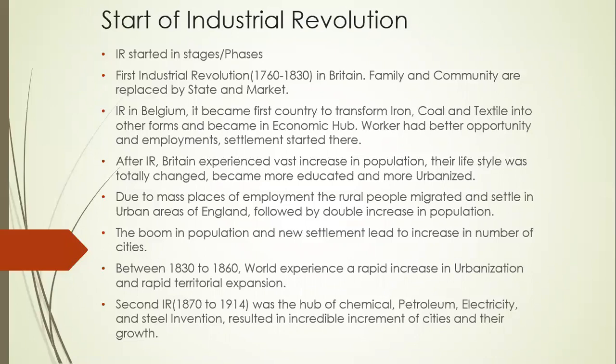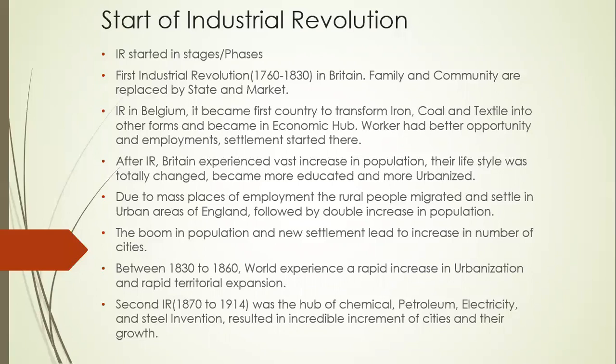When this industrial revolution diffused in Belgium, Belgium became the first country that transformed iron, coal, and textile into other forms, and it became the economic hub. So the workers had better opportunity and employment, so they started settling around that economic hub. After the industrial revolution, Britain experienced a very vast increase in population, so their lifestyle was